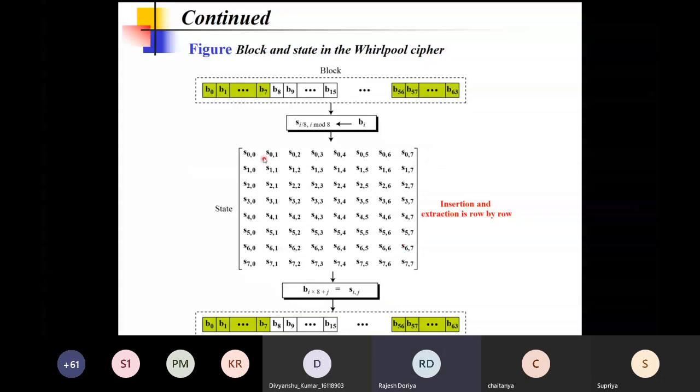The placement of each output is done row wise, while in AES the placement was done column wise. The values were put in column wise. But in this case, the insertion and extraction is done row by row. So this is the important point you have to remember in the Whirlpool hash function. And these are the formulas you can use to put these values into a state, then from a state back into this format.